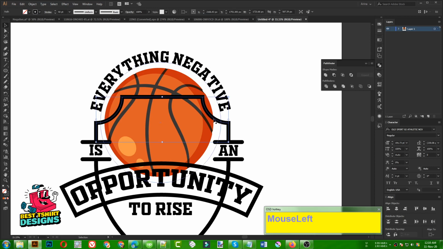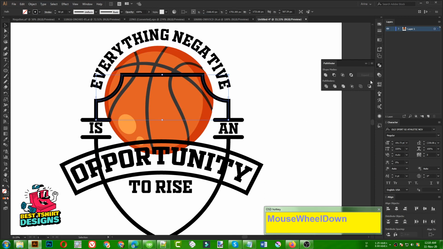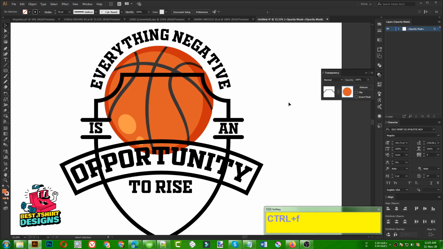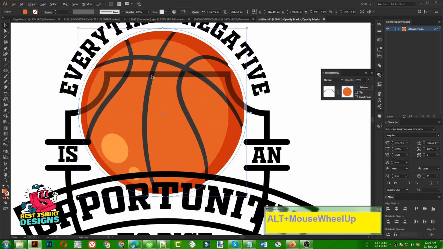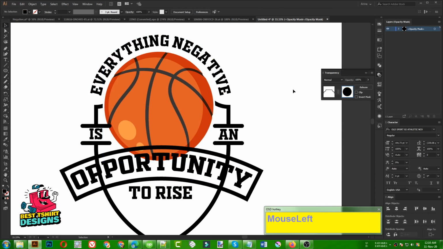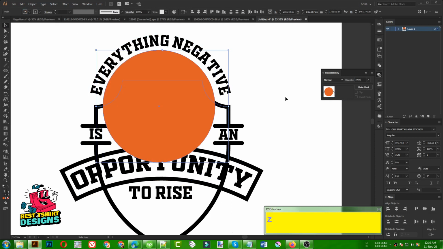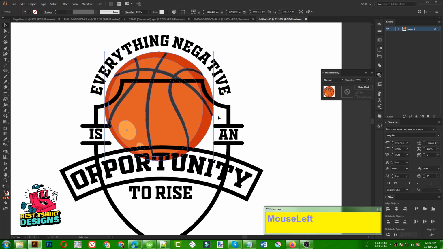Then I select this shield option, open the transparency for it, and press Ctrl F to paste in front. You can see this is how it is looking right now, but it should be completely black, and when it is black it is going to make that area completely transparent. Okay guys, I made a mistake here, when I was aligning this graphic and this.